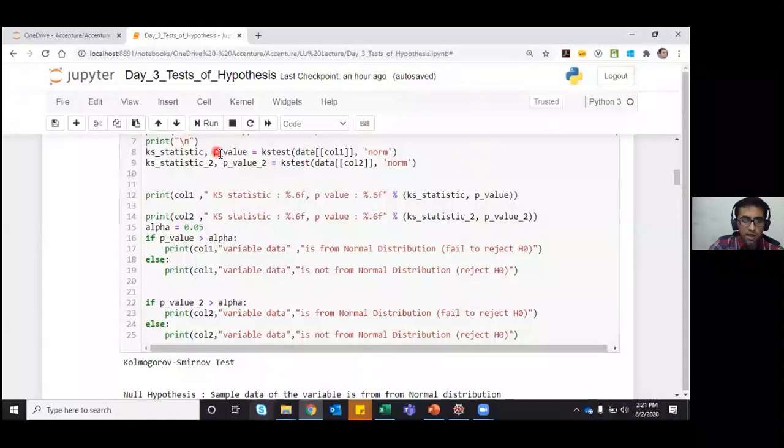Again, the KS test will return two values, the statistic and the p-value. As I mentioned earlier, the p-value is used to reject or accept the null hypothesis.